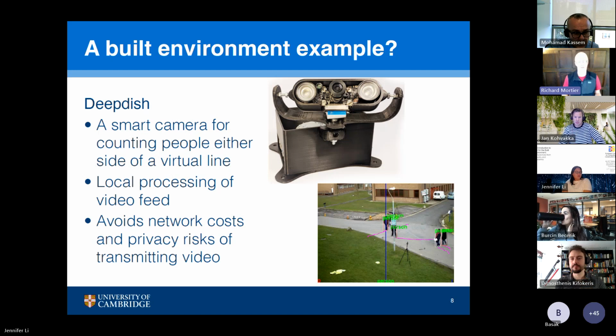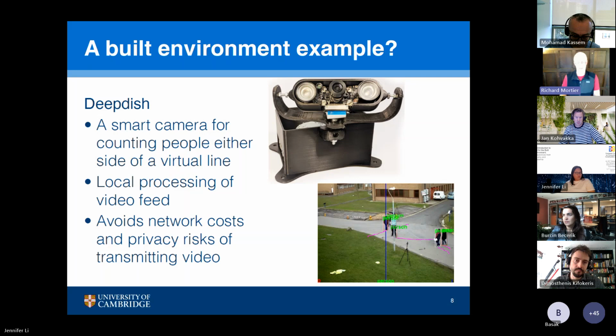And that is able to do local processing of the video feed from the camera so that the only data that needs to be emitted from that device are counts of people on either side of a line. So there's no personal data going out from that unless you can infer something because you happen to know precisely where that camera is and it's in a very restricted location. But basically, you cannot see data about individuals. You can only see counts of people.